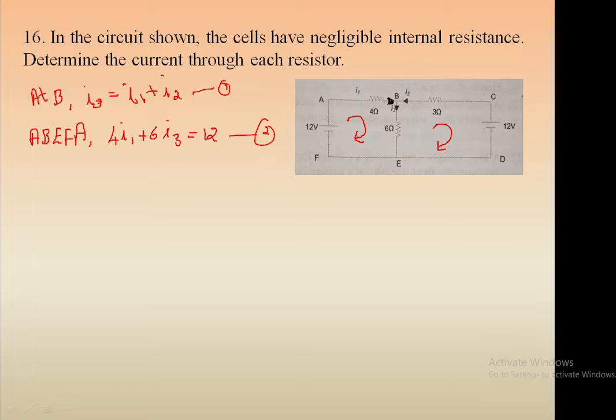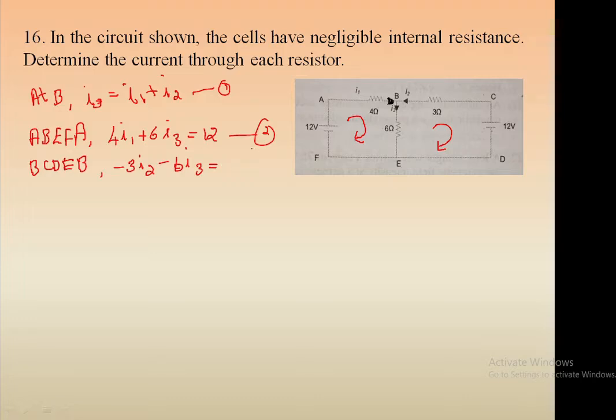Now apply the loop rule in the second loop, that is loop BCDEB. Let us apply here I2 in the opposite direction, so negative 3I2, negative 3 ohm times I2. And here I3 is also in the opposite direction, so negative 6I3 equals